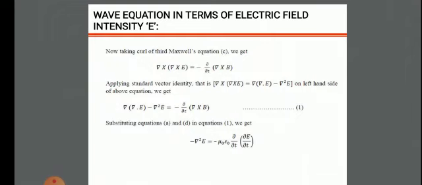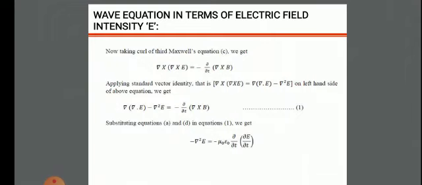Now taking the curl of the third Maxwell's equation, we get curl of curl E is equal to minus dou by dou t into curl B. Apply the standard vector identity: curl of curl E is equal to gradient of divergence of E minus del square E. So the above equation becomes gradient of divergence of E minus del square E is equal to minus dou by dou t of curl B,